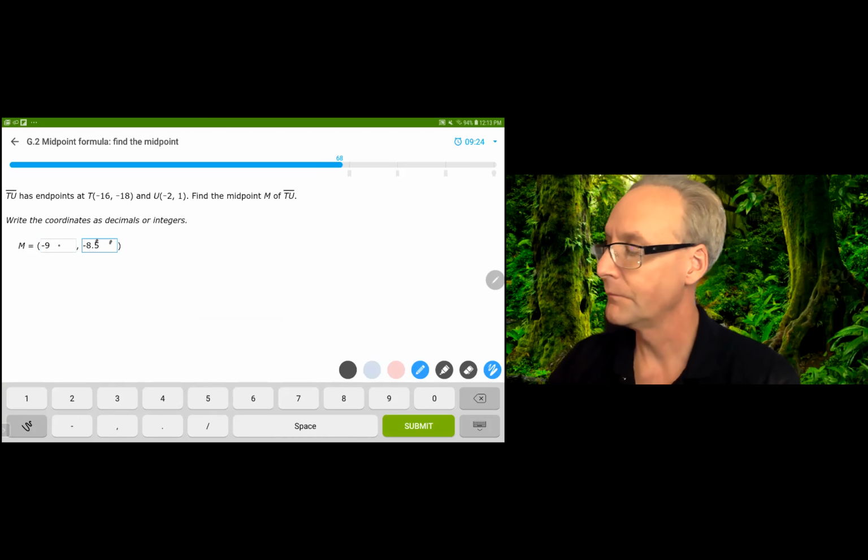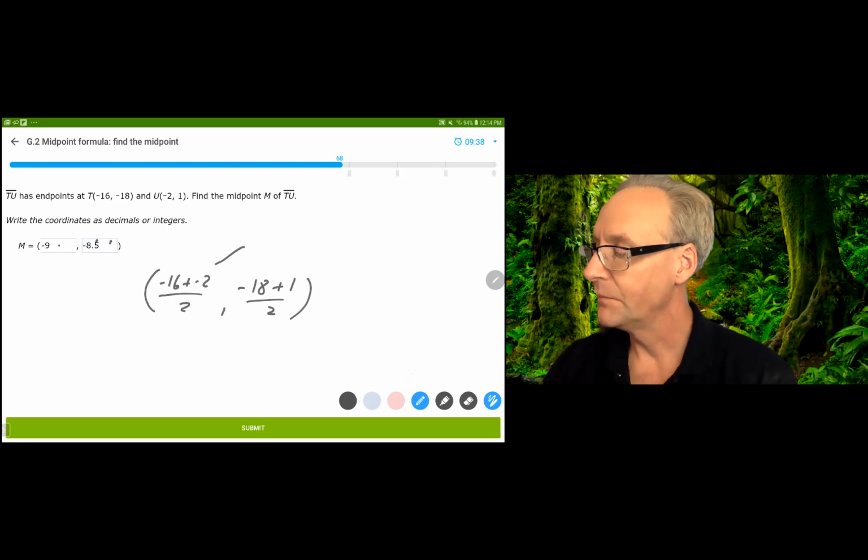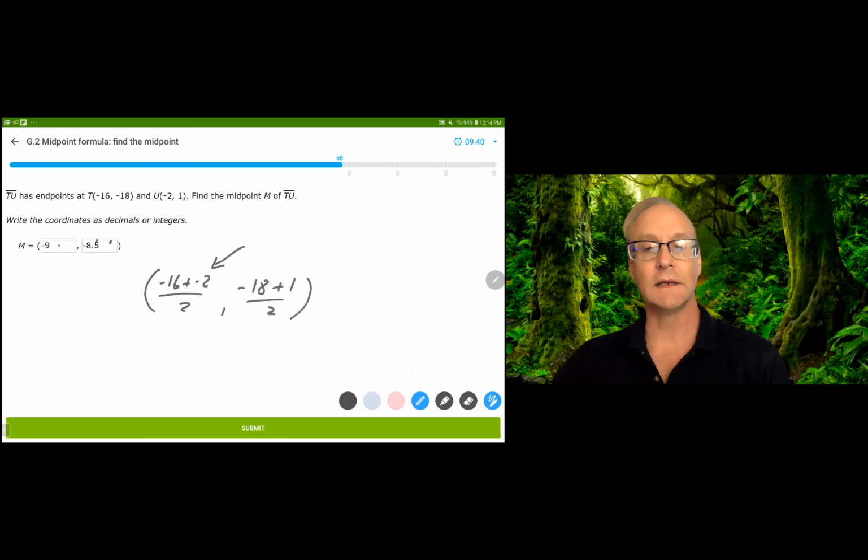Maybe I'll write this one. I've got negative 16 plus negative 2, divided by 2. And I've got negative 18 plus 1, divided by 2. The way I like to think of adding negatives, a lot of people look at this and they say, oh,